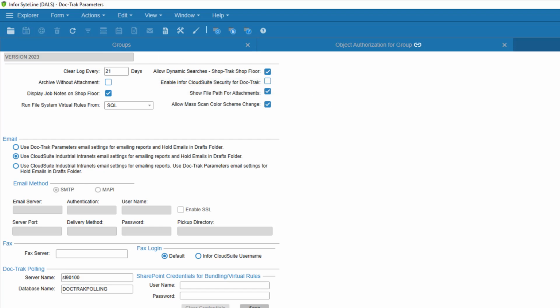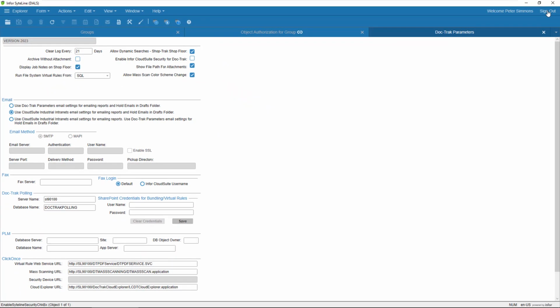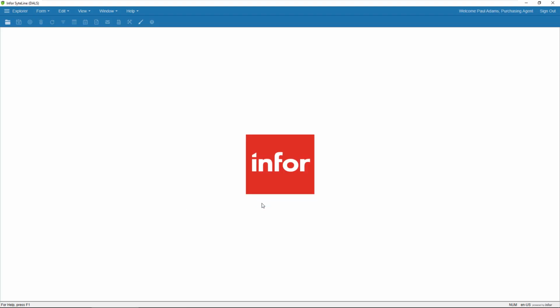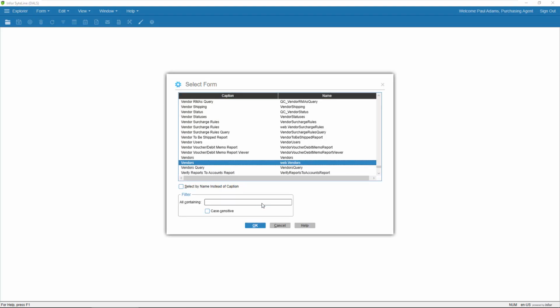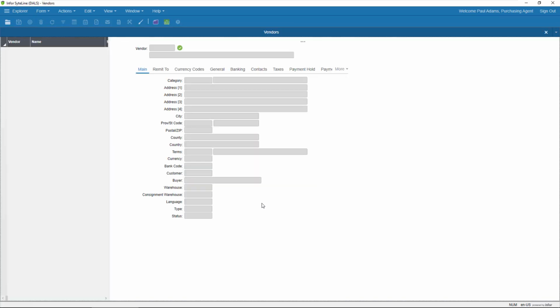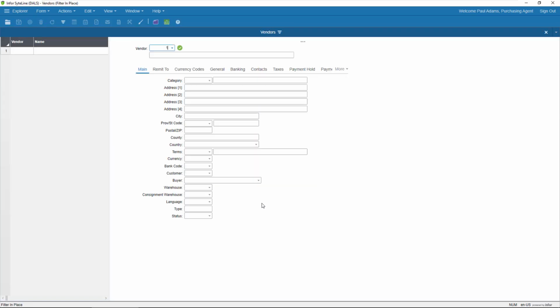Okay, now we're ready to test it out. Let's log in as our purchasing agent, Paul Adams. First, I'll open the vendor's form and filter for one that I know has an attachment.